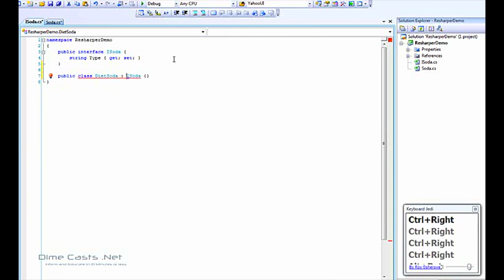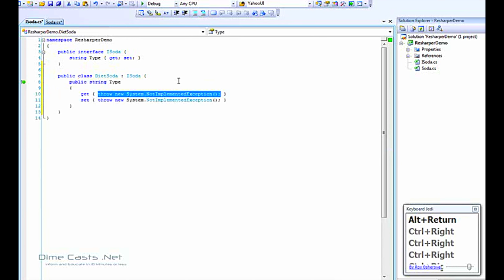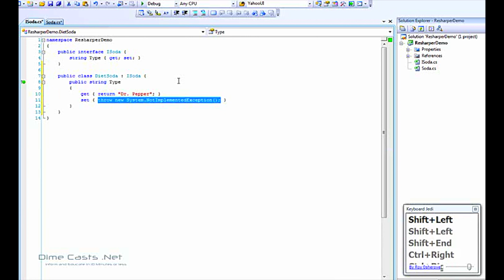And I'm getting a little red squigglies here, as well as the red light bulb, telling me that I have some issues. Well, I want to go ahead and implement the members for iSoda. So I'm going to hit Alt-Enter, tell it to implement members. And we're going to return Dr. Pepper, and we'll just do var foo equals value, because I don't feel like doing anything meaningful with